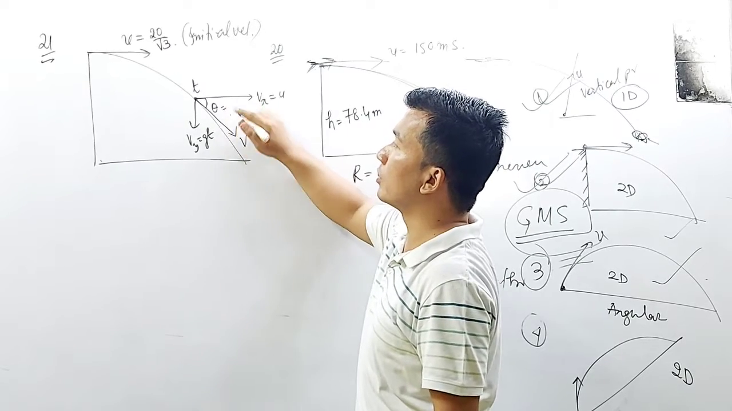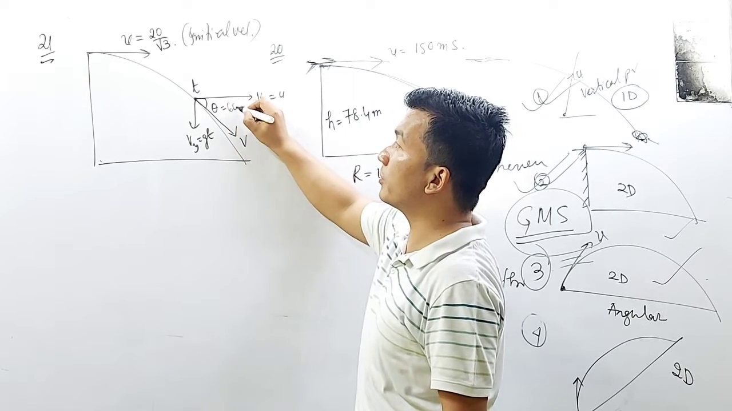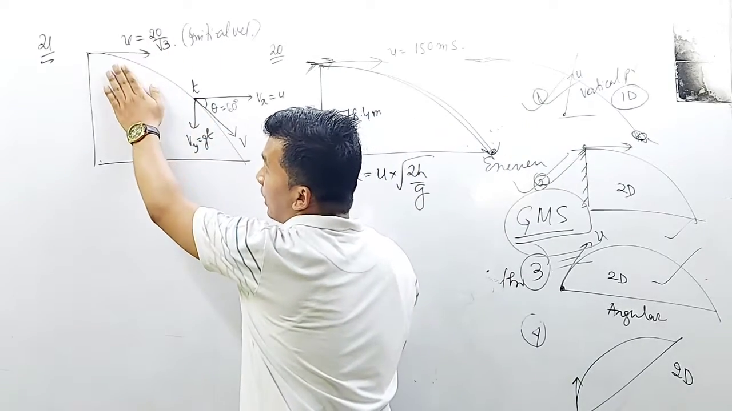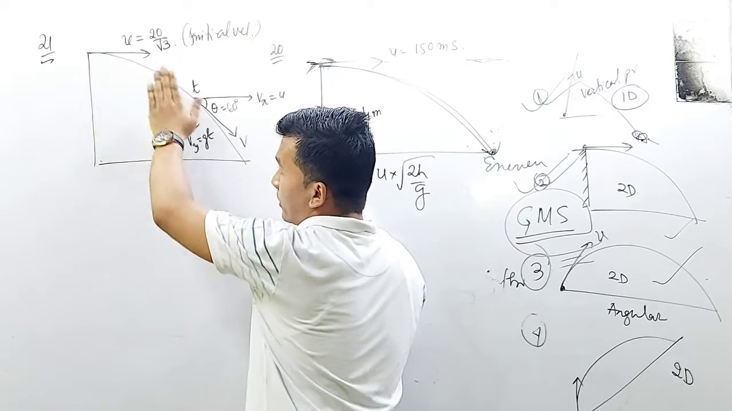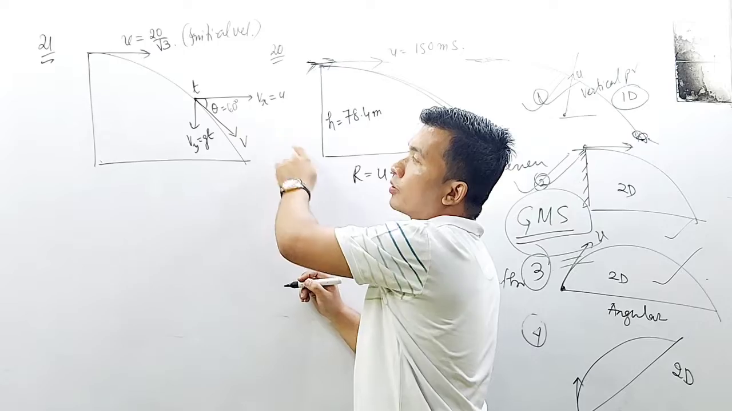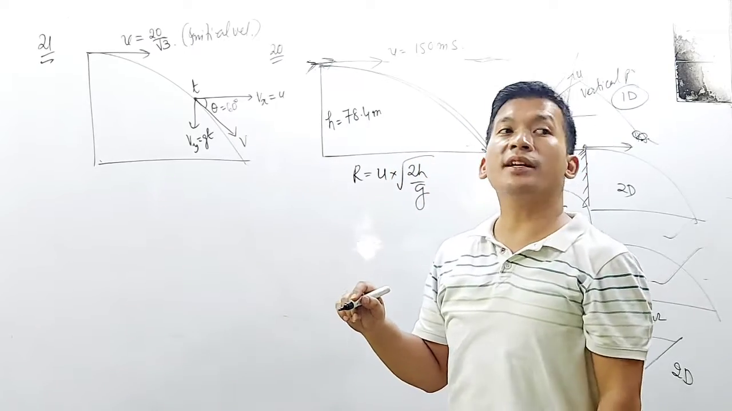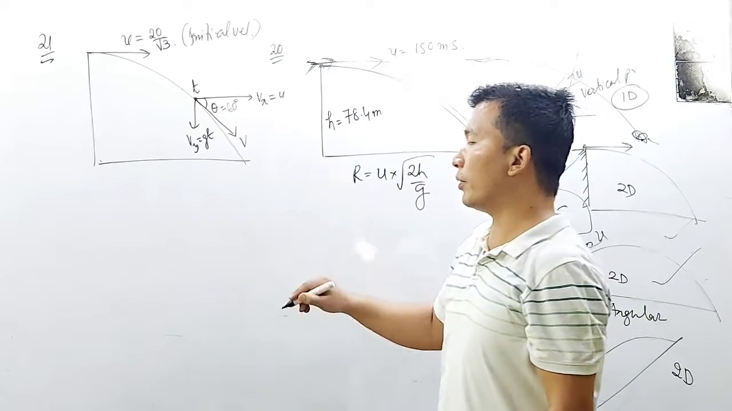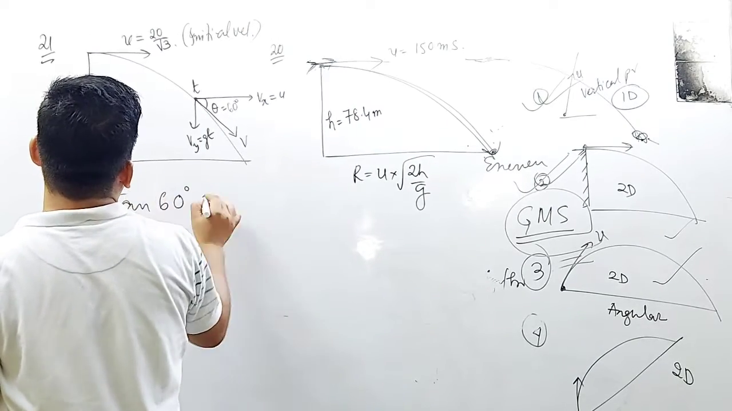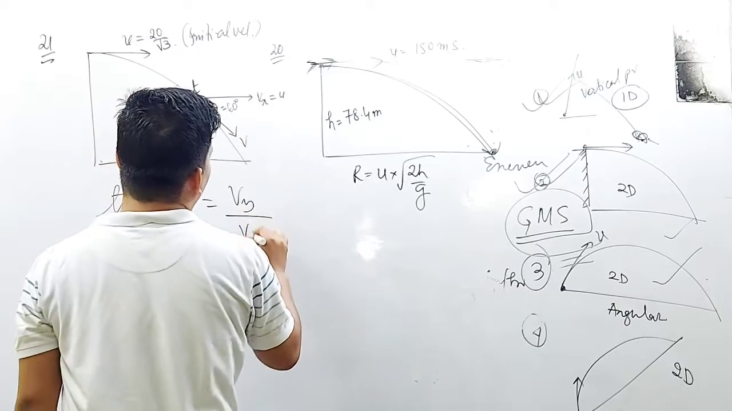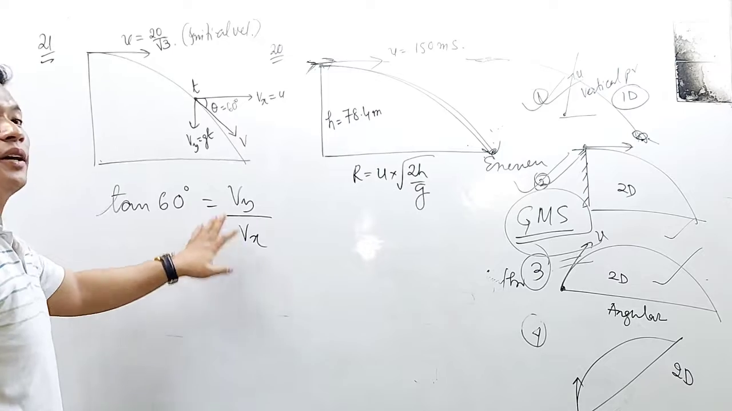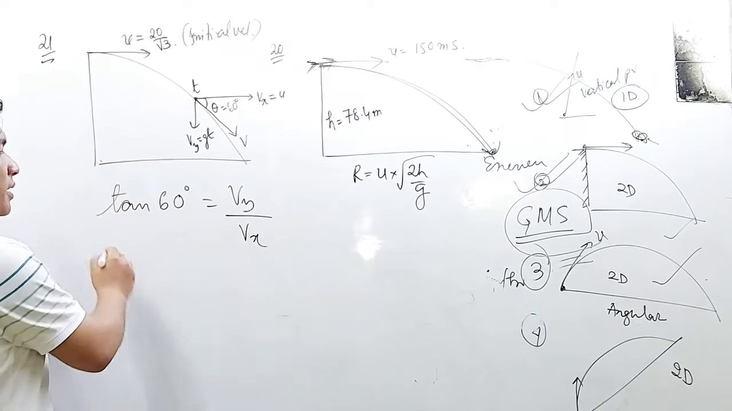30 degree with the vertical, and 60 degree with the horizontal. The object makes an angle of 60 degree with the horizontal. Question understood? It is simple. tan 60 degree will be equal to vy divided by vx, for finding the angle, vertical component divided by horizontal component. tan 60 is